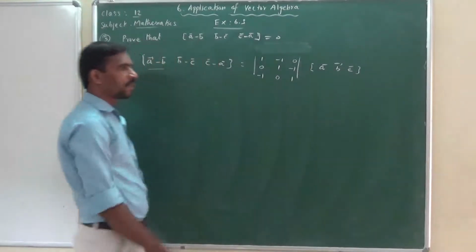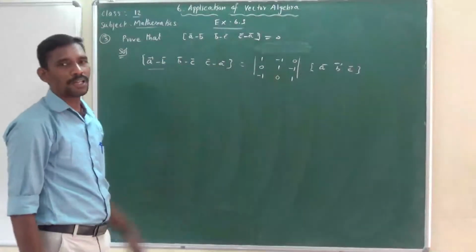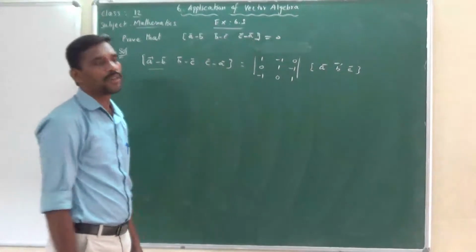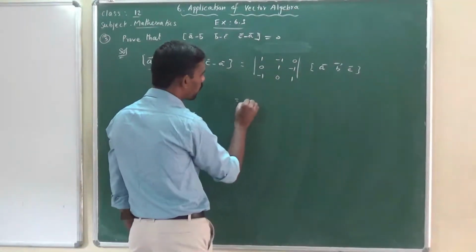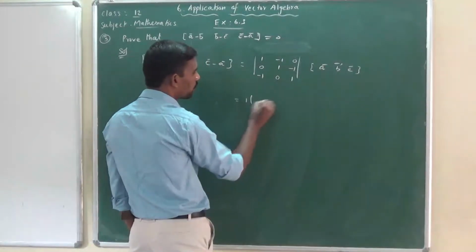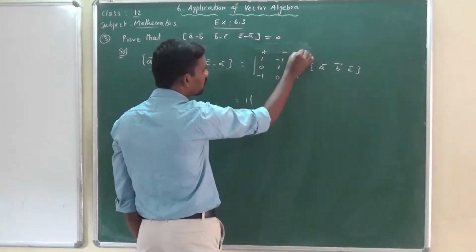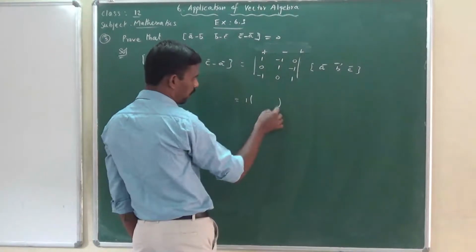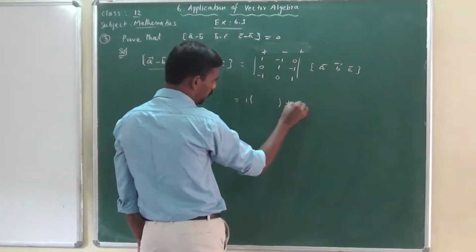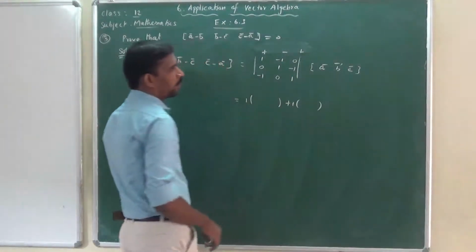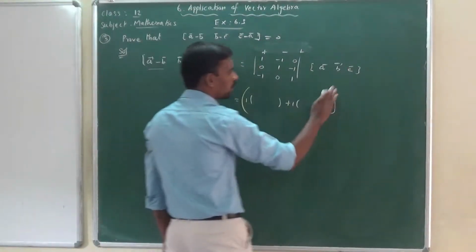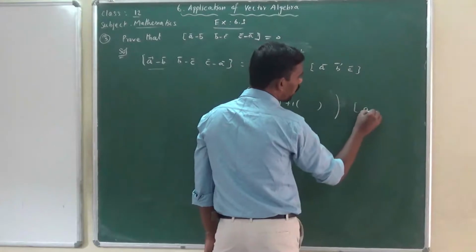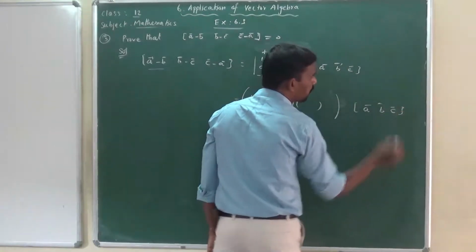Now we have to simplify the determinant value and multiply by the box product of a, b, c. Finally you get the values here. Okay, this is a minor determinant. We want to take the minors, 1 into this one bracket, and minus of minus 1 plus 1 into one bracket. This is 0, so you leave it, and we multiply by the box product of a, b, c.